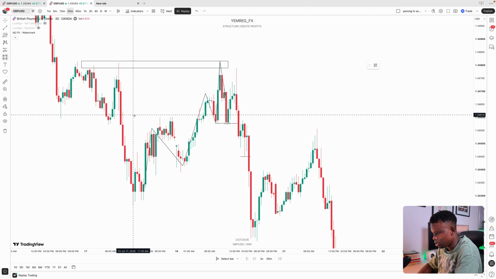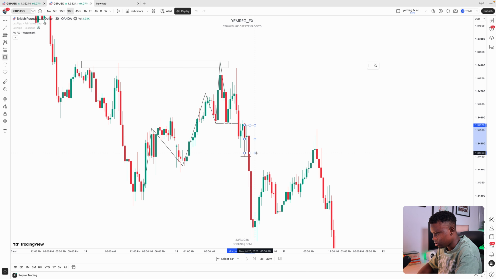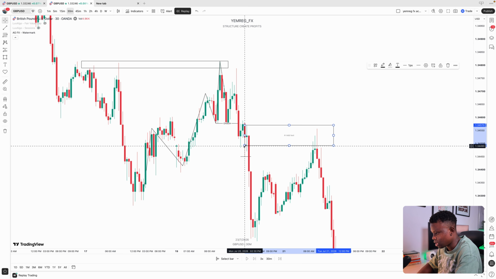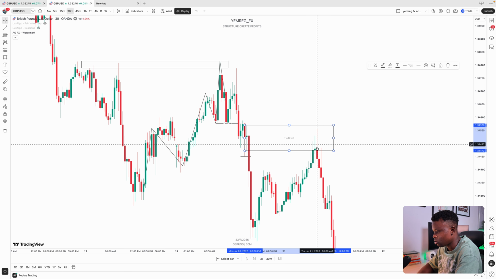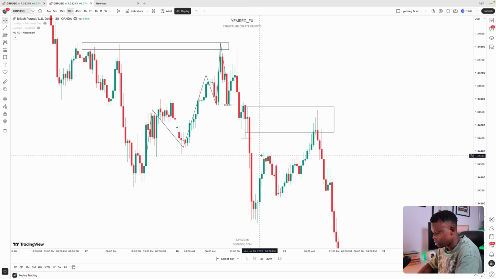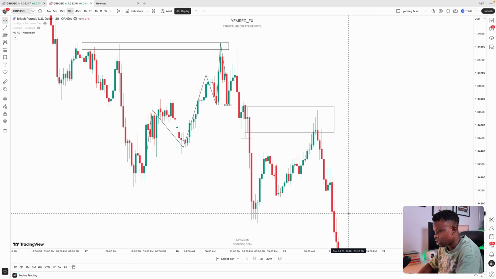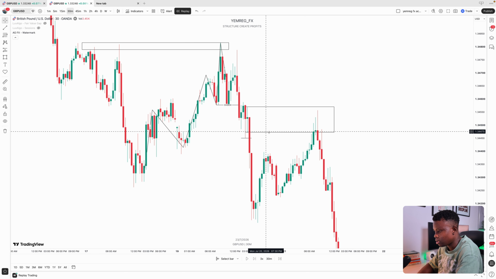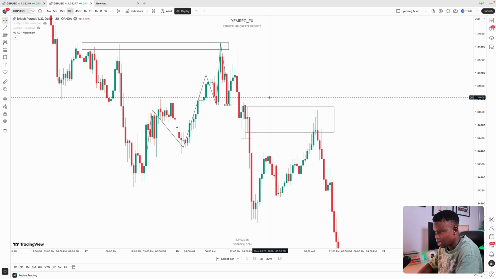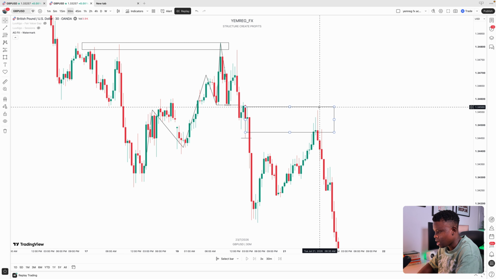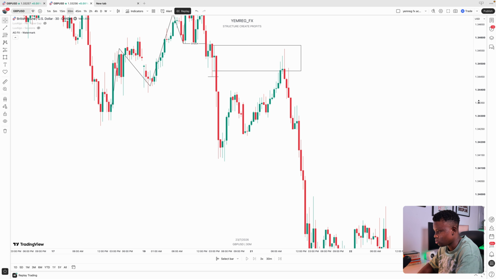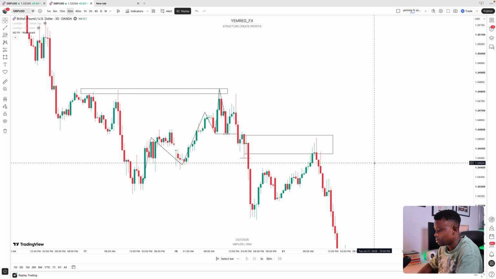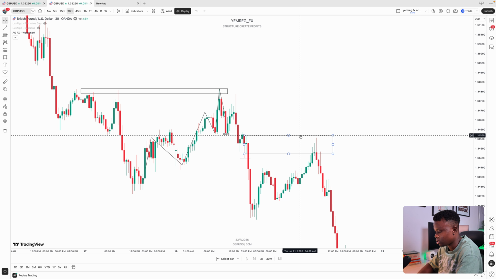And there was a point of interest here. This is a point of interest, and price came to tap into that point of interest, and price started dropping to the downside. And this is our liquidity. There's a liquidity zone here, and price started dropping to the downside. I'm still going to talk more about entry and everything in my strategies class. So this is just a top-down analysis. Remember, we are on the 30 minutes time frame. This is where we are taking ourselves from, and price was sold massively to the downside. So this is how to analyze the market, and this is how to look out for entries in the market